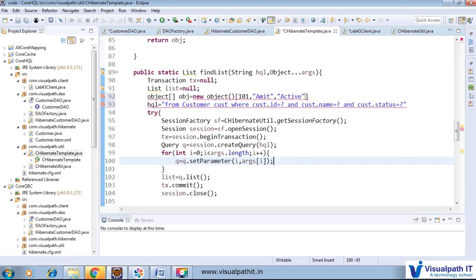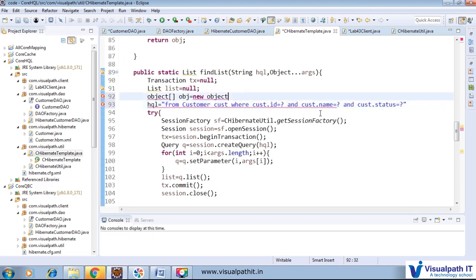So our complete query now, with these parameters, becomes customer ID equal to 101, and name equal to Amit, and so on. Like that we can utilize the same method to achieve this functionality.